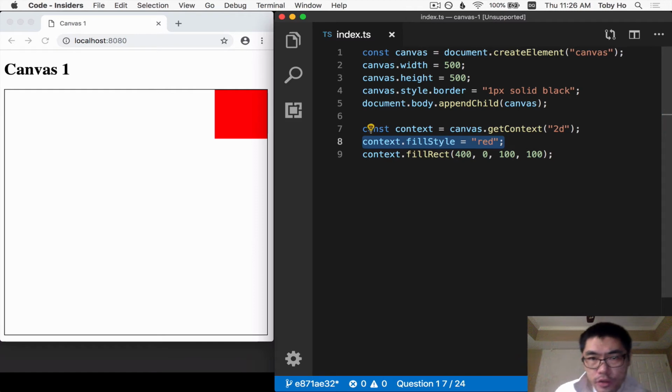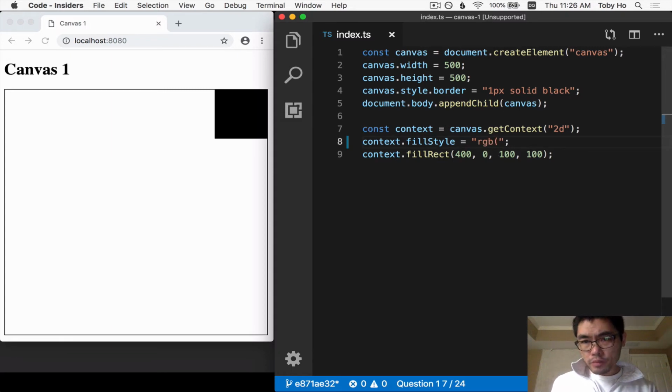So you can change the color of the rectangle by changing the context's fillStyle value to a color name. So I'm wondering what other colors do I have? Do I have cyan? Yes, orange. So yes, you can make this rectangle any color that you want. I believe you can also do RGB colors. Let me try that. RGB, I think